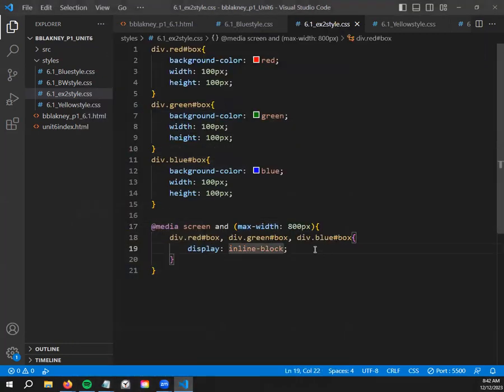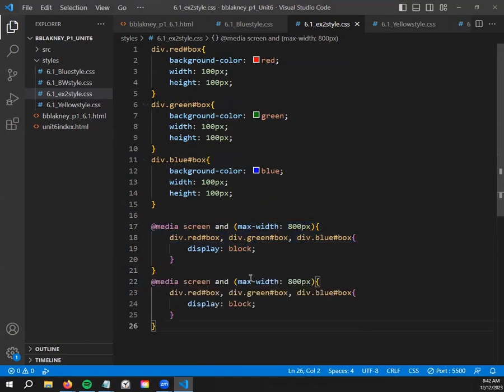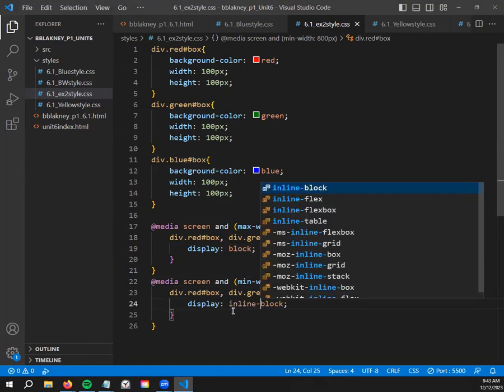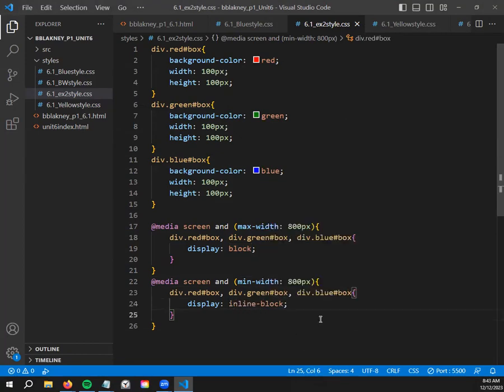So let me switch this around real quick. So we're going to set the display to block instead. I'm going to highlight this whole query, Control C, Enter, Control V, and set a min width here. So we have our starting point of 800 pixels. I'm going to set this to inline block, inline dash block like this. Okay. So now when we have a starting point